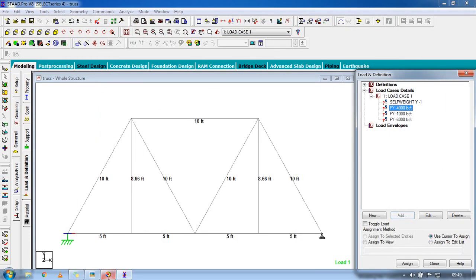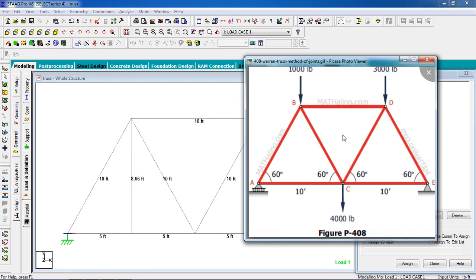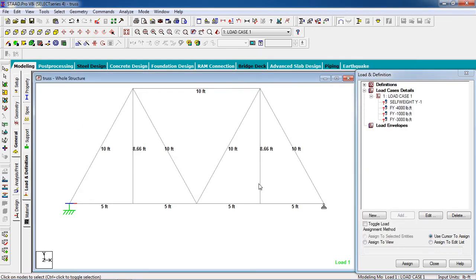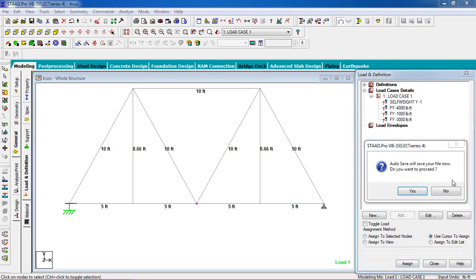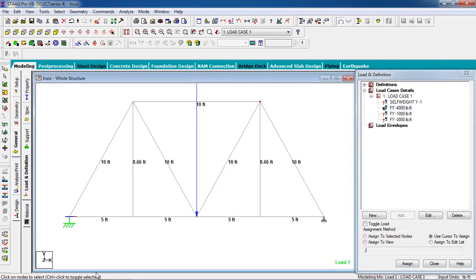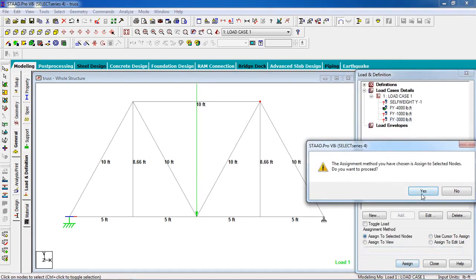Now 4000 will go to the down node, this node, select this node and click on assign to selected nodes, and this is downward, this is 3000, click on assign to selected nodes, assign, yes.